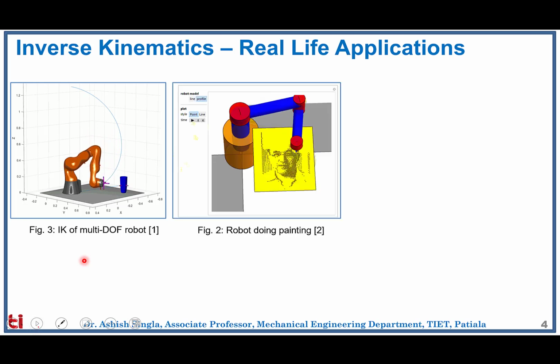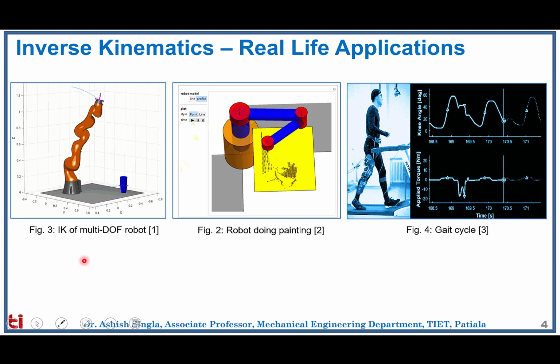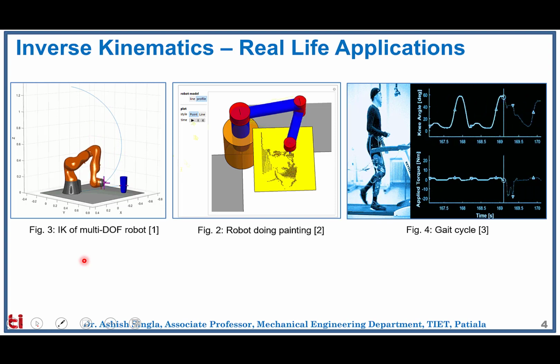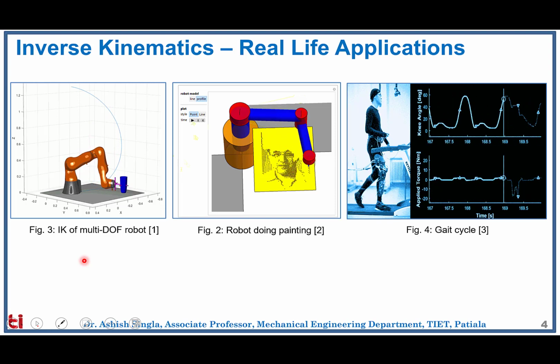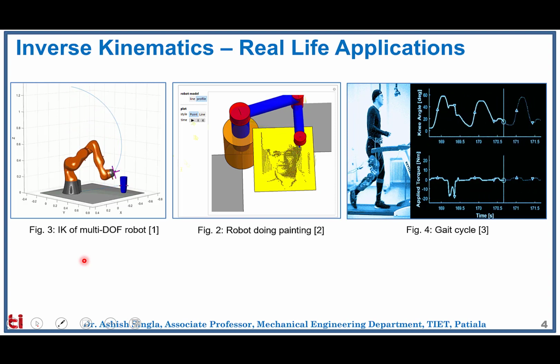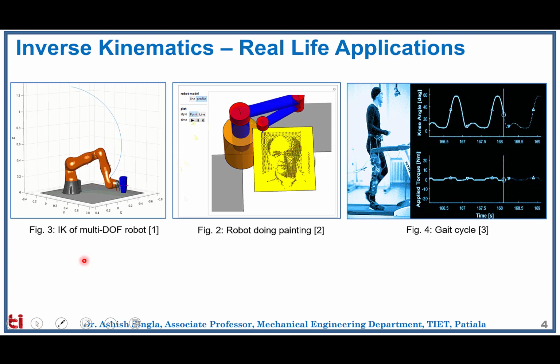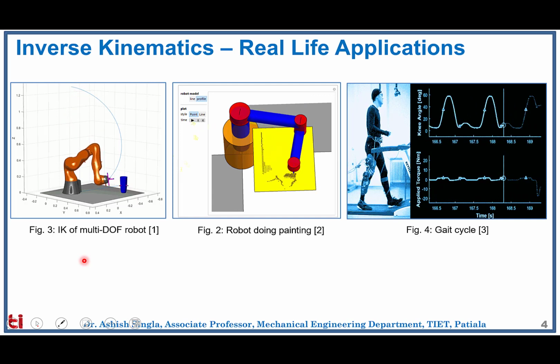The next example shows the robot doing a painting, where again it is not doing the painting as an autonomous or intelligent system, where what points need to be dark and what points to keep light, everything is known a priori and the robot has to follow that trajectory. And finally we can take the example of a gait cycle, where there is an exoskeleton which has to be worn by the user, and in order to assist the user with the normal gait cycle, the exoskeleton has to generate the trajectory of the normal gait cycle. So this is again inverse kinematics, where the hip angle, knee angle and ankle angle need to be calculated so that the gait cycle can be achieved perfectly.